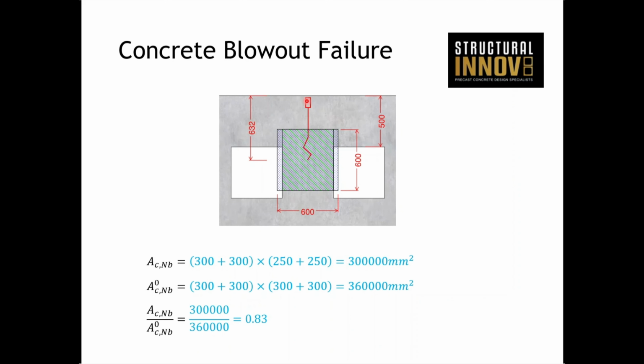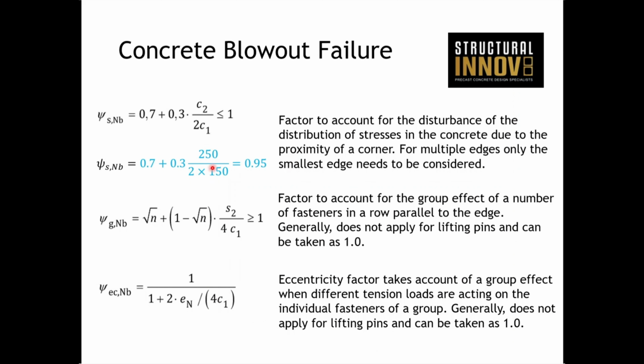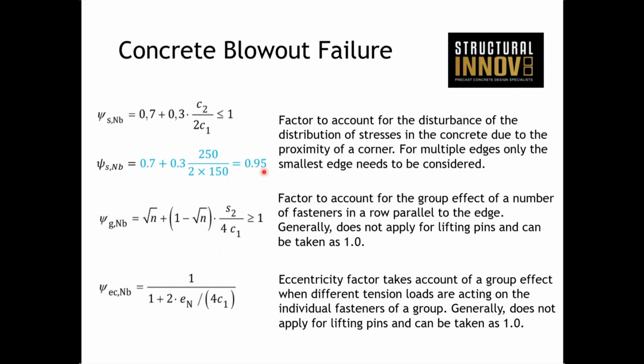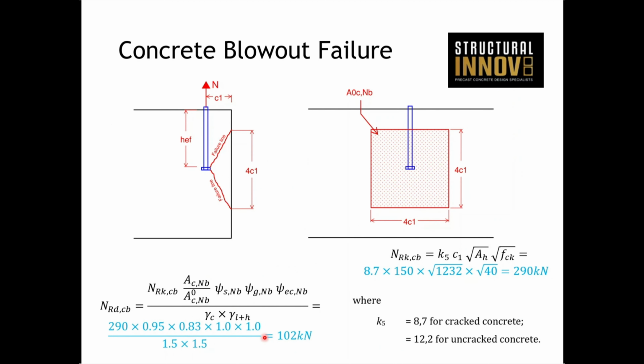So our edge distance into the page where the lifter was 150, and this edge distance here is 250 then. So that's what we're just calculating here. Small reduction, because again, that can break out at that point. It has no resistance once it gets to that edge. So 0.95. Pump in all your numbers here, and you end up with a design value of 102